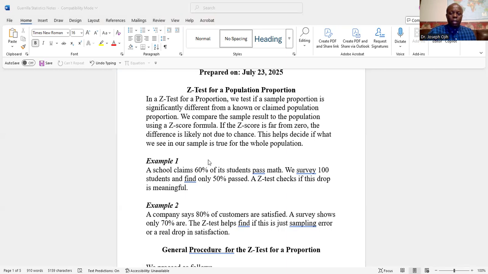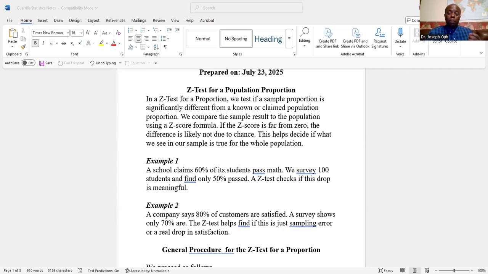We can run a statistical test for the population proportion. And that's what we're doing. I'm going to introduce it tonight. We are going to do more examples of that. Tonight we'll be focused on one case. However, before I move further, I want to introduce you to what we actually do when we run a z-test